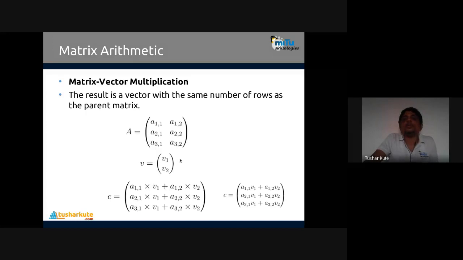So c is equal to, now see, V1 is multiplied with the first column, and V2 is multiplied with the second column. That's why the number of columns should be equal to the number of elements in the vector. That's why I mentioned here A11 V1, then in front of that A12 V2, just the same way. Now this one, 3 1 1 3 2 2. The same thing is mentioned over here, vector and matrix multiplication. So this method is used to perform the vector and matrix multiplication.